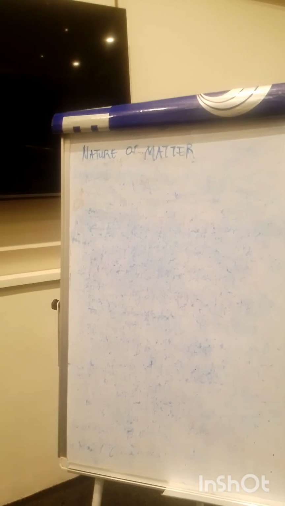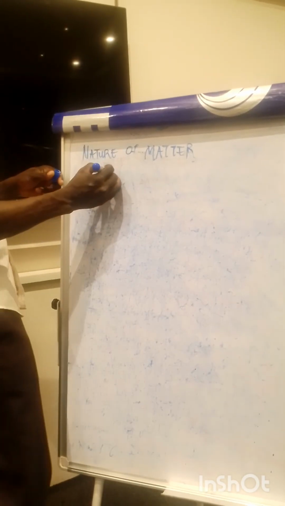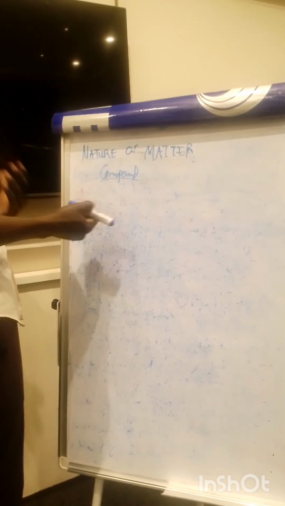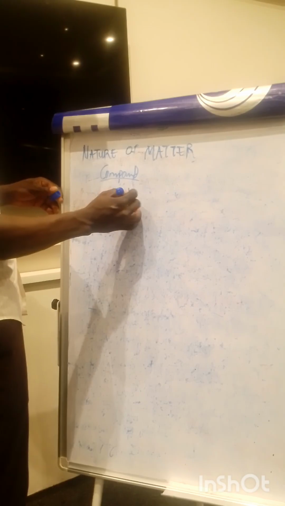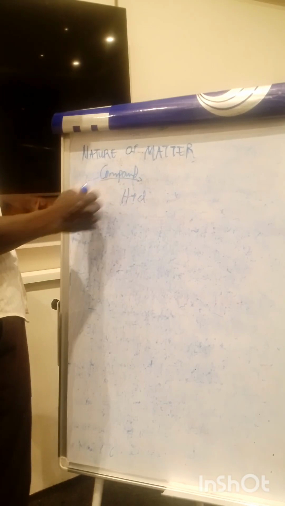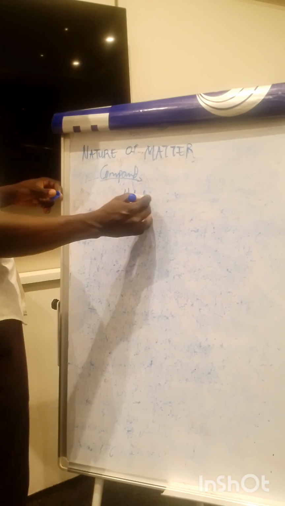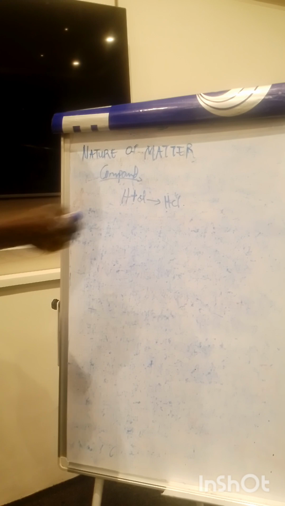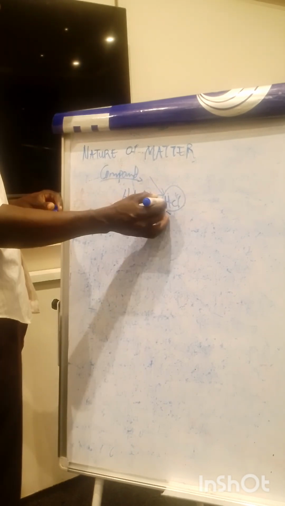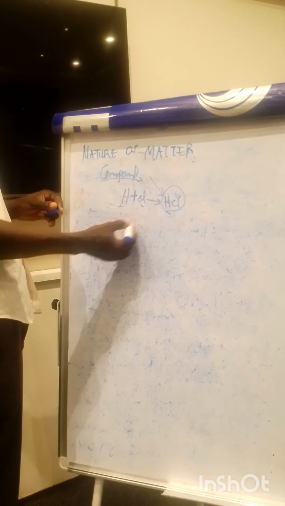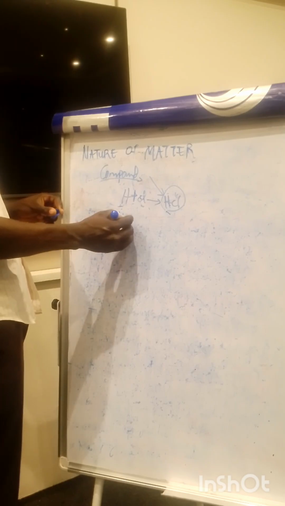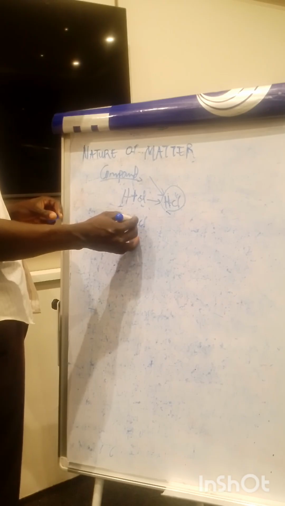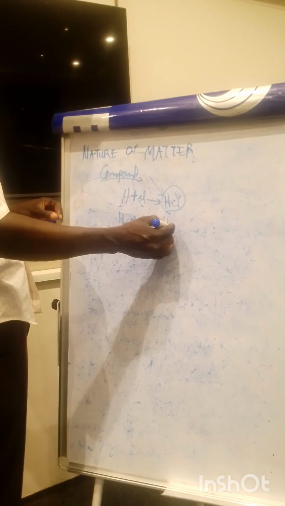What is a compound? A compound is formed from the combination of 2 or more elements. So if you have 2 or more elements that are chemically combined together, that's a compound. Are you with me? For example, hydrogen plus chlorine will give you HCl, hydrogen chloride. So this hydrogen chloride is the compound here, as a result of 2 elements combining together. If you now have maybe H2O plus Cl, that's more than 1 element combining together. Now you have HOCl. Are you with me?